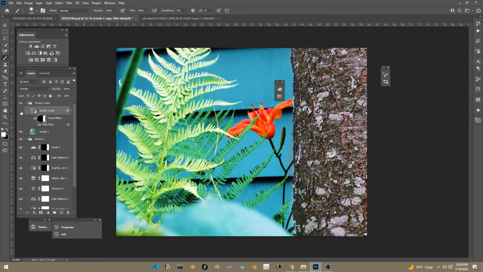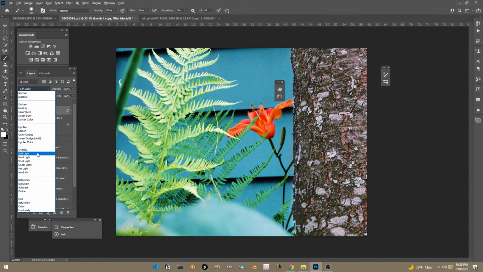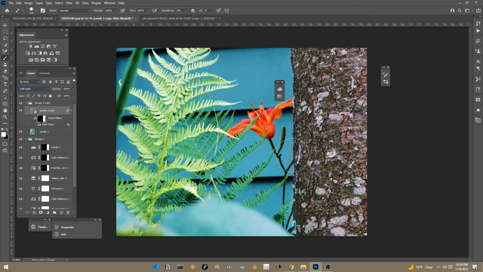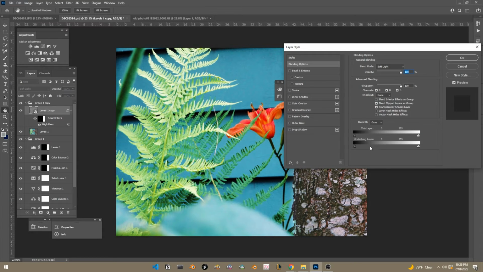So if we turn that off and on, we kind of get this effect that we don't like. I'm gonna switch that to soft light. It's a little bit too much. So we'll just bring it down. Or actually what we could try to do also is just use the whole underlying layer. We want this to show up in some of the brighter parts, but we don't necessarily care about the darker parts. So let's just split this and push it until it just kind of gets out of these darker parts